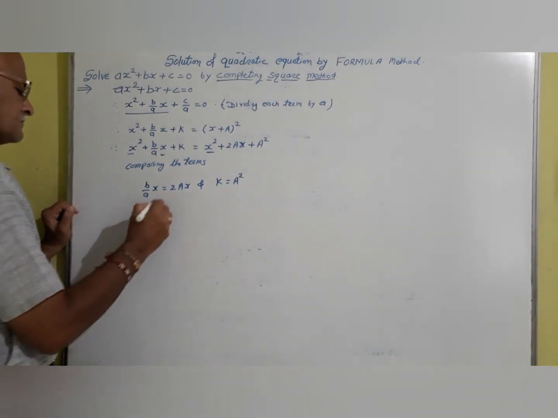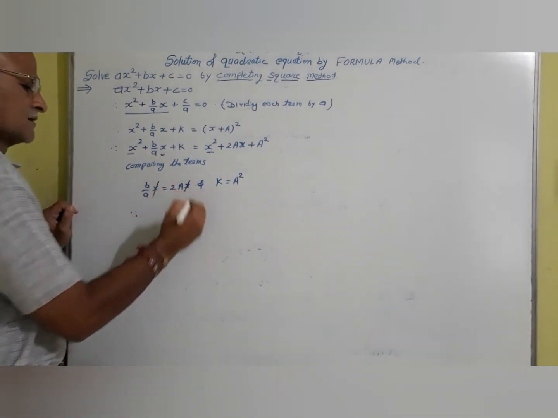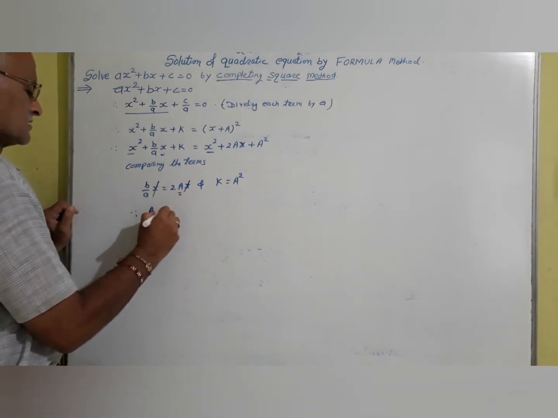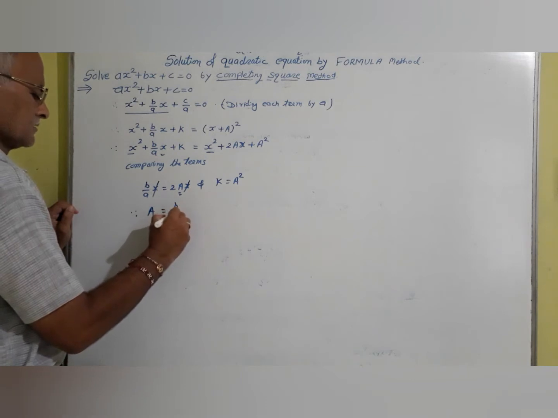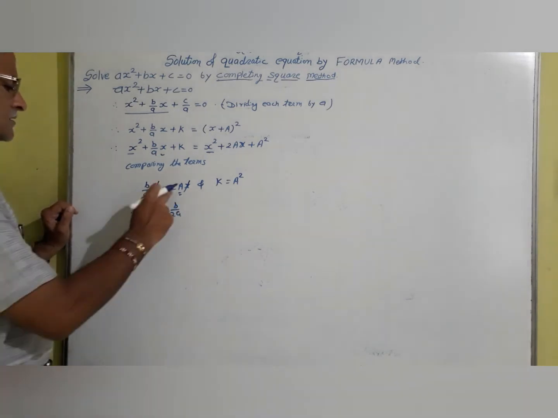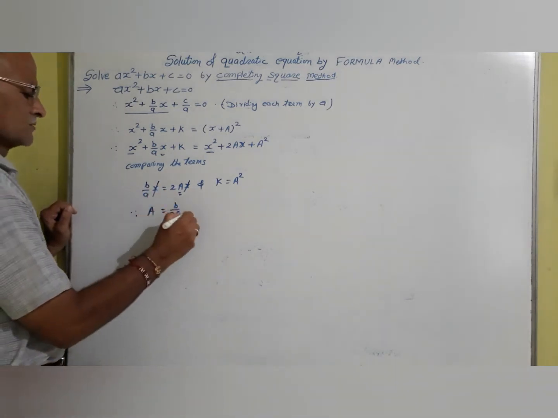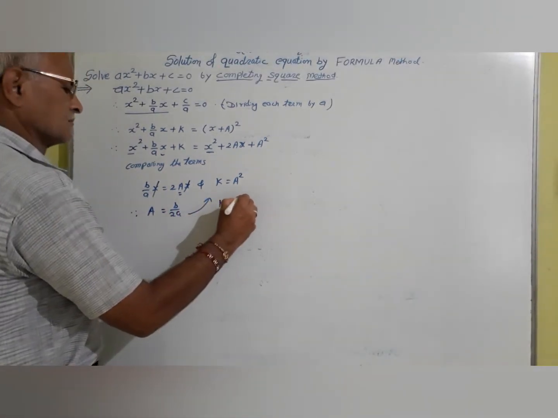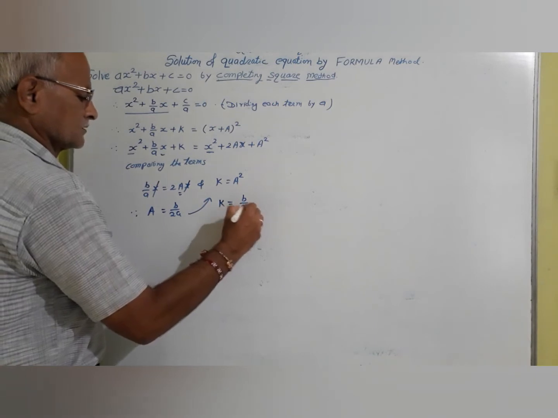Now here this x and x become cancelled. Therefore capital A is equal to b upon twice a. These two taken to this side. Now we have to substitute this value in this equation and we get k is equal to b upon 2a